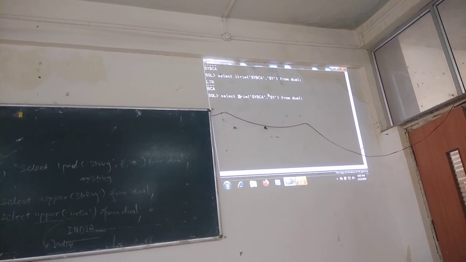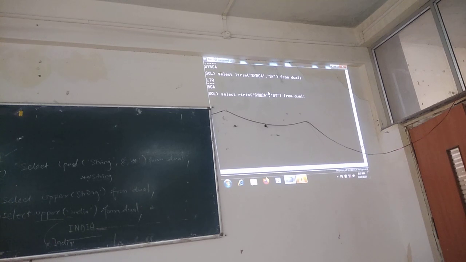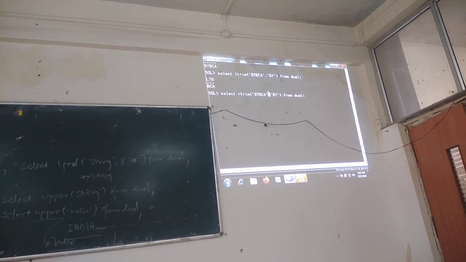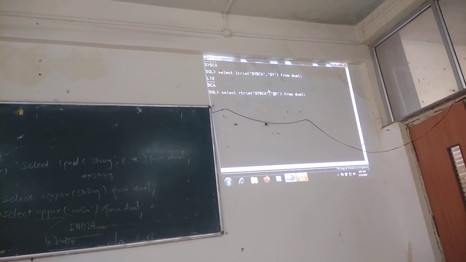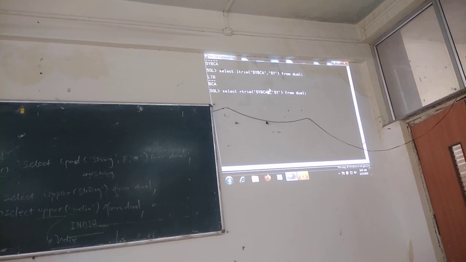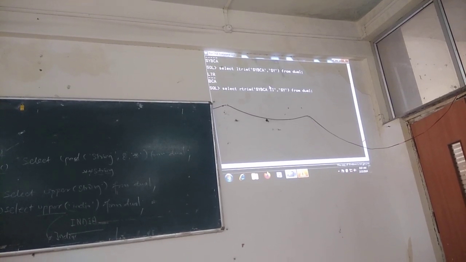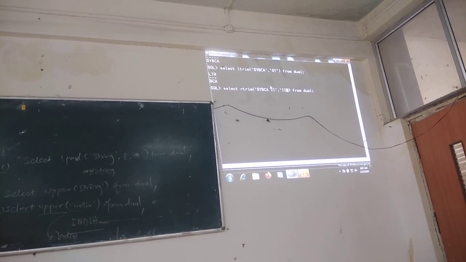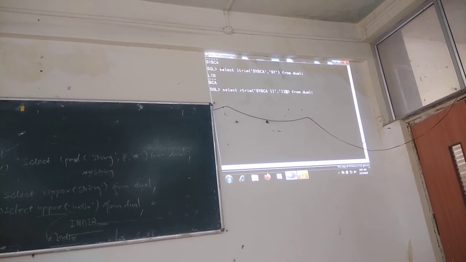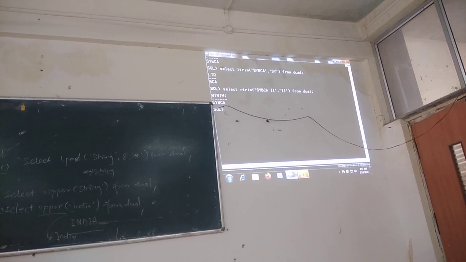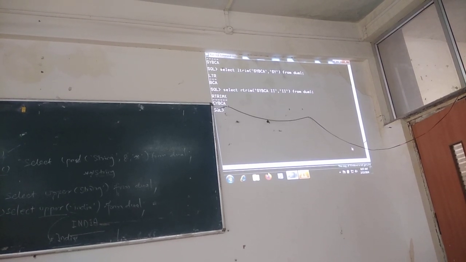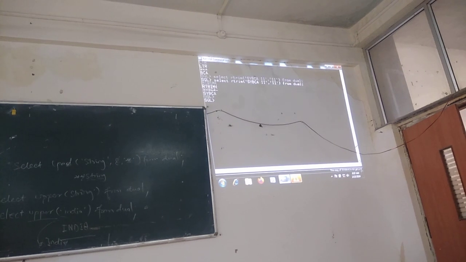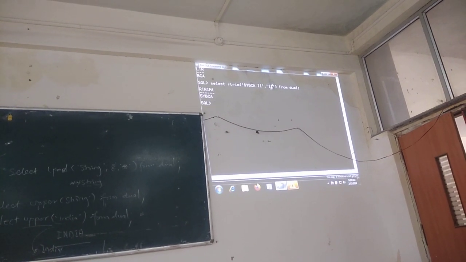Next, which one is it? rtrim. rtrim is used to remove the characters from the right side. We remove the characters from the right side of the string that you are specifying in a single row.